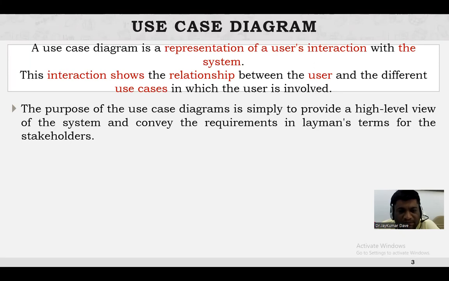So we can say the purpose of a use case diagram is simply to provide a high level view of the system and convey the requirements in layman's terms for the stakeholders. So friends, the stakeholders are nothing but all the users who are going to use the system, and how easily all the users can perform several kinds of functionality in the system. Moving further,